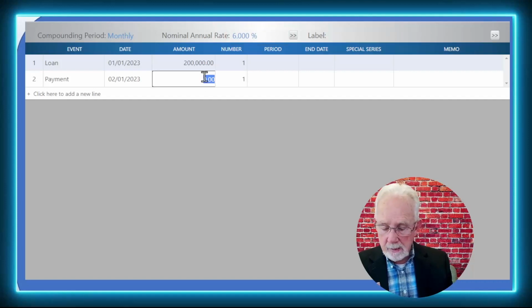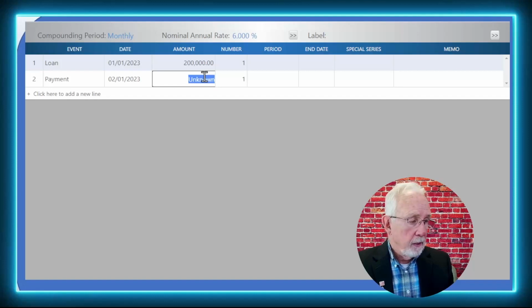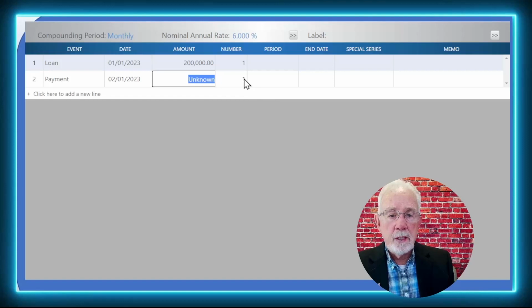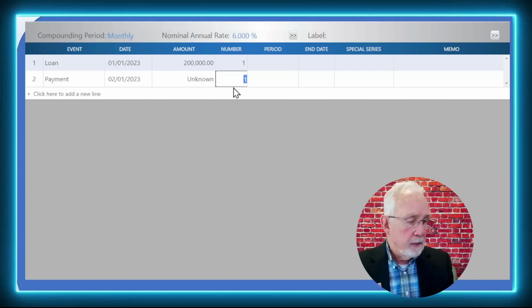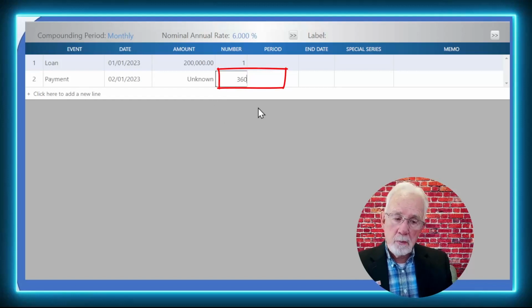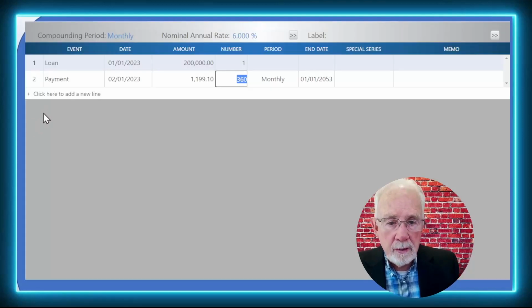The way this software works is you put unknown. So I don't know what the payment is right now. It's a 30-year payment, and we're going to say line 2, it's unknown, but we know that we have 360 of those payments. Remember, I've got $200,000 in there, I've got the term of the loan in there, and I've got the interest rate in. Now to solve for the fourth, which will be the payment, all we have to do is just hit calculate. And there it is,